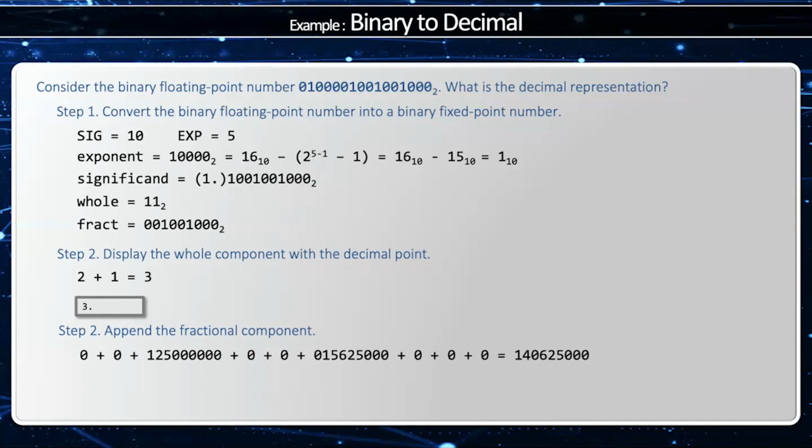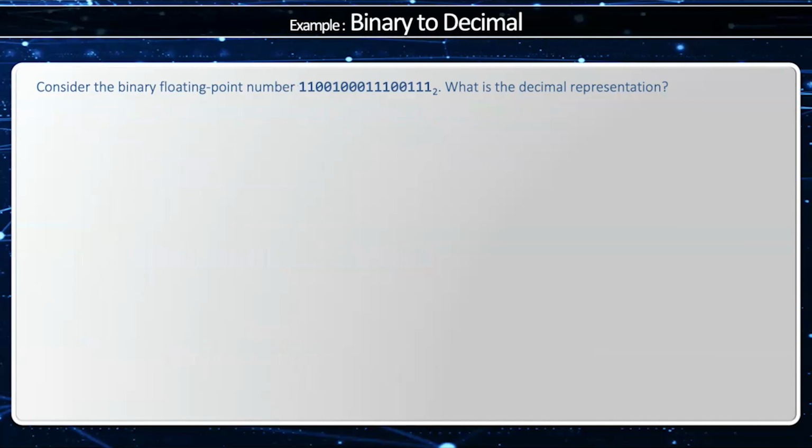When I add the whole thing up, I get 140625000, and when I append it onto the end of my 3 point, I get 3.14. And this is actually the closest representation we have to pi for a 16-bit floating point number. Here's another example here,